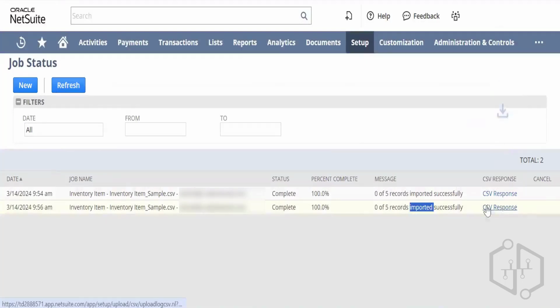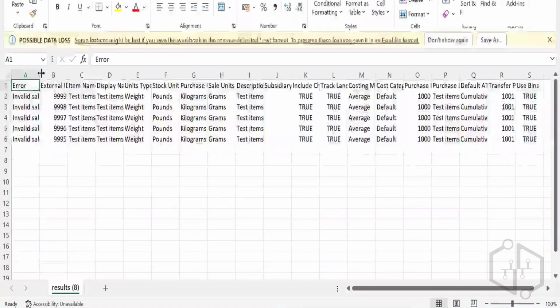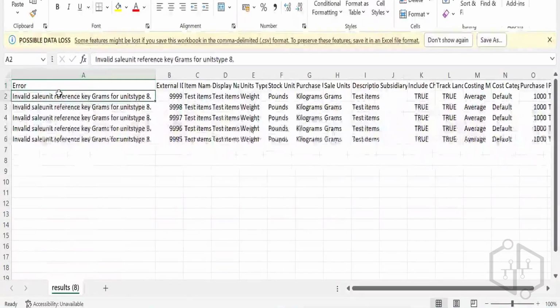Why? Let us go to the CSV response again. You see this? Okay. There is an error. And that error, even before importing, I've actually corrected it. So just to show it to you how the errors would look like, I changed it. So let us go back to your